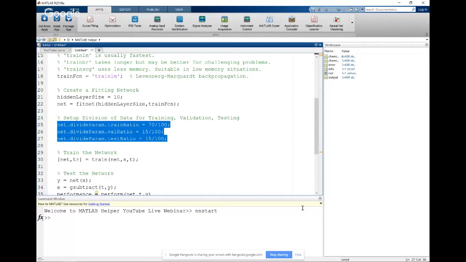As I've explained earlier what training, validation, and testing mean, we had selected the values 70%, 15%, and 15% respectively. These values are reflected here, and you can change them anytime when you have larger data sets and want to train more samples as compared to validation and testing samples.